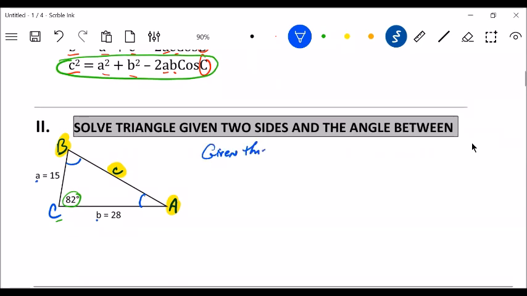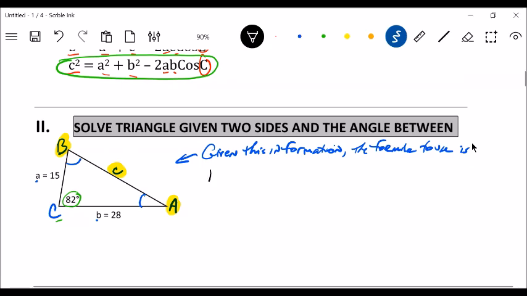Given this information that's in that triangle, the formula to use is, as my number one step,